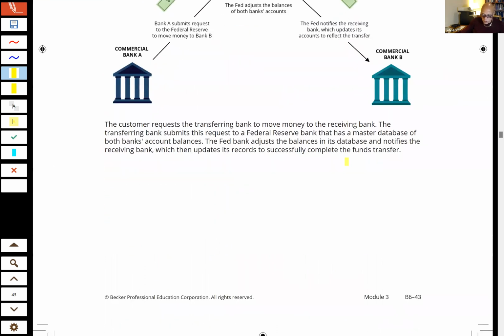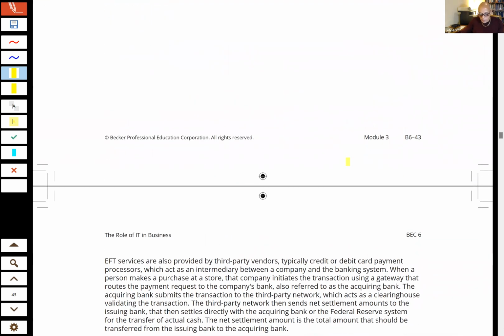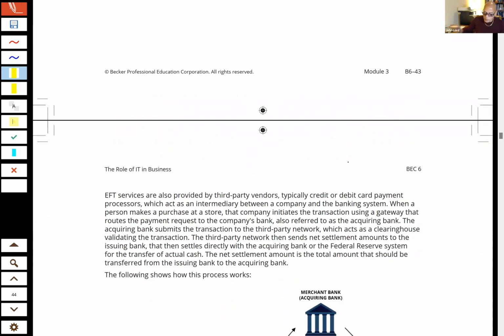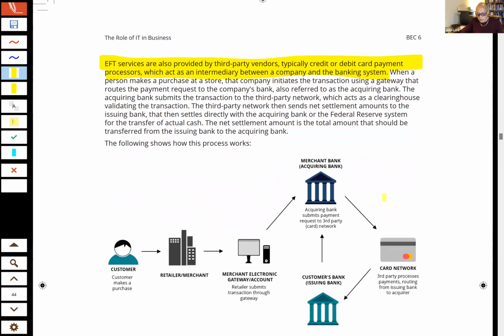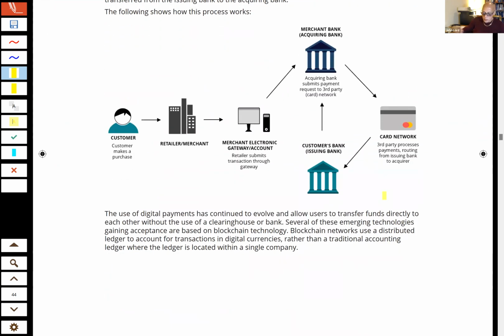You could also have a third party, and that's basically when you use your debit card or credit card, and through that debit card, credit card, then what? Then money's taken from your bank account to, not from your bank account. Well, if it's a debit card, it would be from your bank account to the account of whoever the seller is. Okay, and then digital payments is something that we're seeing more of.